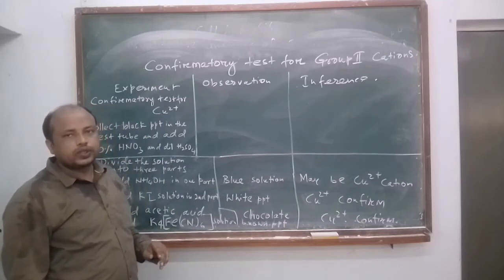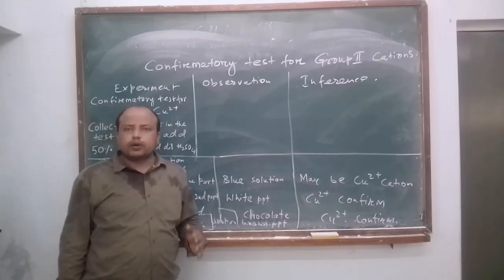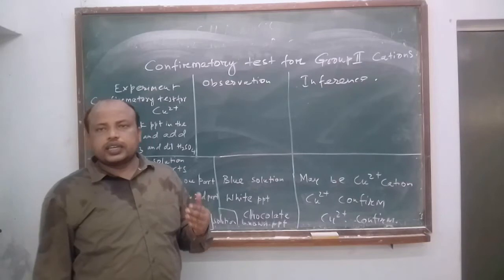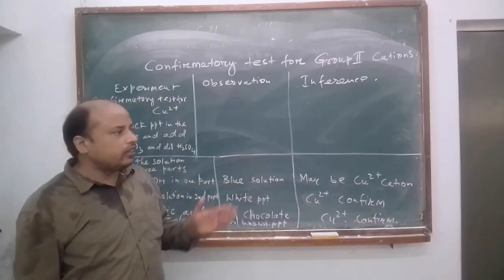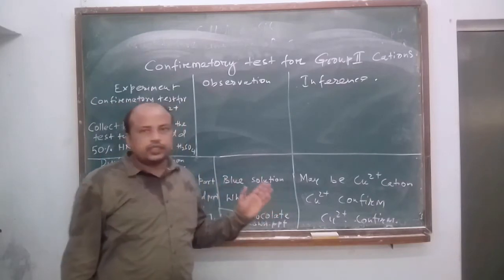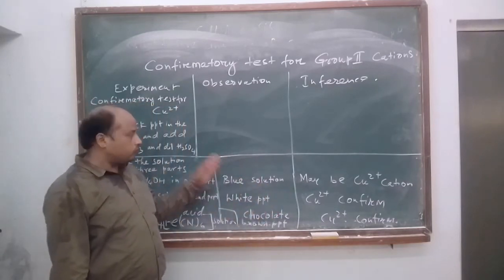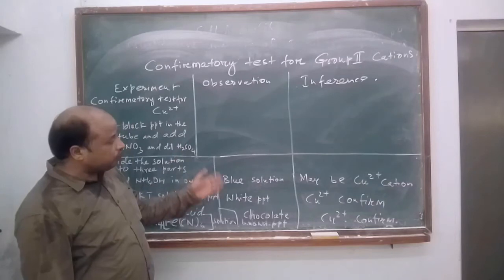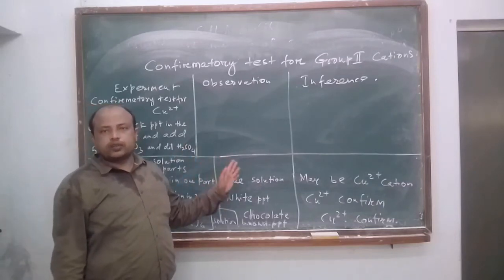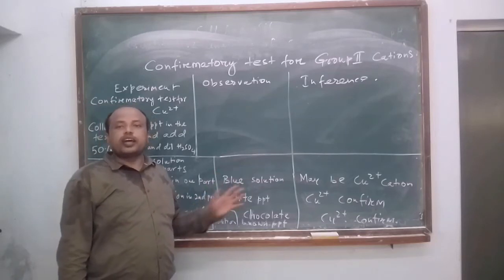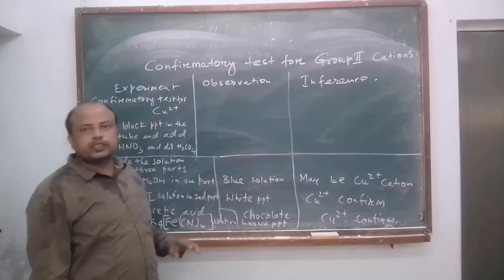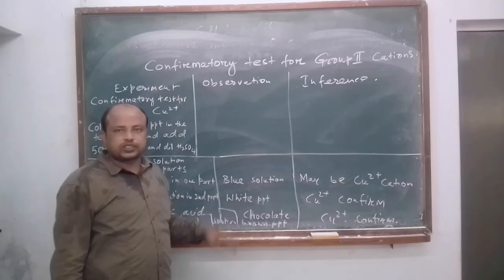So students, this is all about the physical and chemical tests which we have to perform so that we can determine the salt present in the given salt solution. Thus we can confirm the cation, or the basic radical, present in the given salt solution. Now we talk about the anion. What is the anion present in the given salt sample? We will just discuss it.